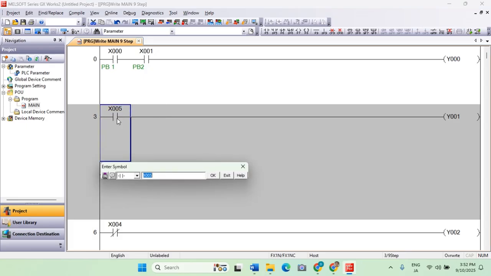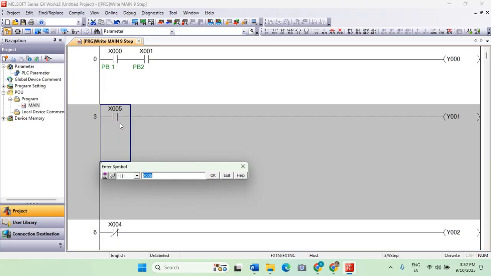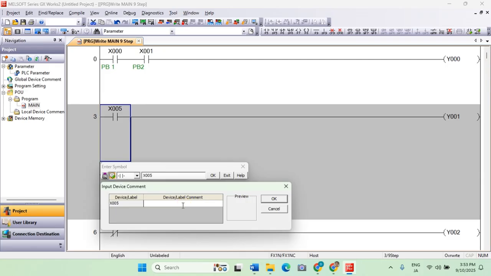But when I want to add a comment, again I need to select this device comment. Another way is you click this one and then you click this enter device label comment continuously. When you do that, every time you add an input or output, after that you can also add the device comment afterwards.